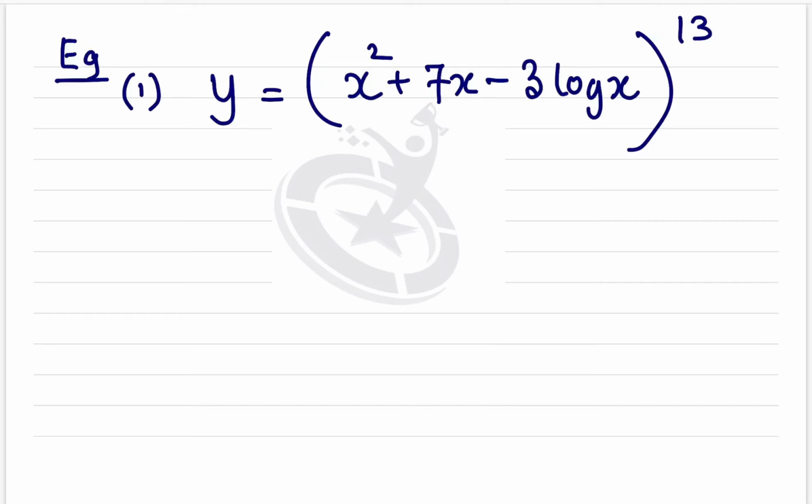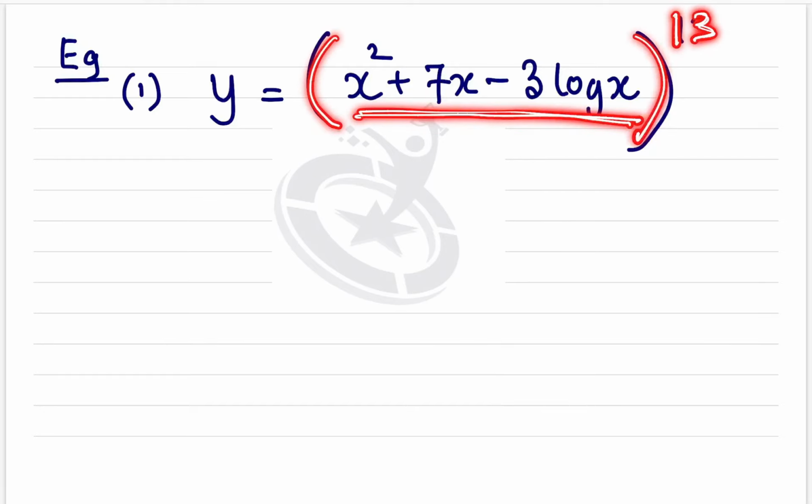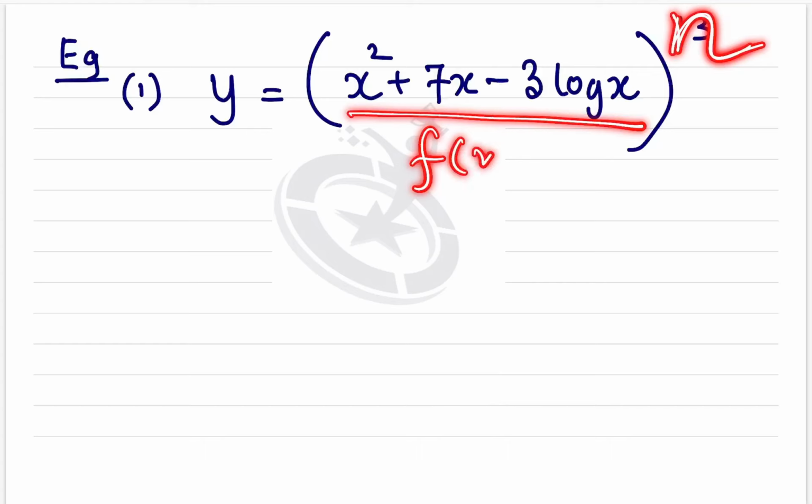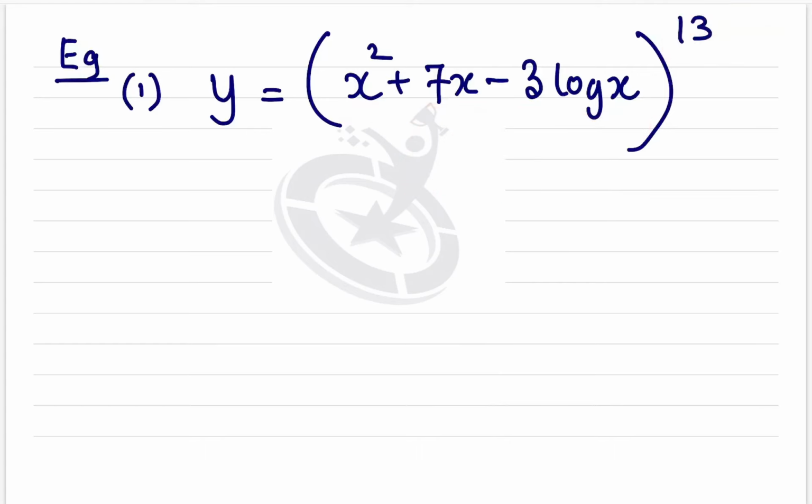So when you check this function, this is whole function raised to 13, right? The whole function raised to 13. So यहाँ पे basic form कौन सा use होगा? This is f of x raised to n. ये पूरा bracket f of x है और बाहर वाला number is some n, right? So you have to use the first formula. Now what's the derivative of x raised to n? X raised to n का formula was n into x raised to n minus 1, right?